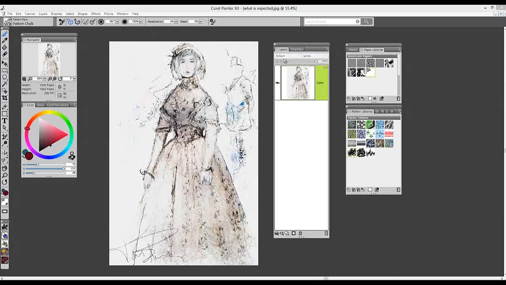For this demonstration, I want to show you some of the really creative ways you can work with paper texture in Corel Painter. And the methods that I'm going to be showing you are only the tip of the iceberg because there's so much more that you can do, including working with patterns and applying patterns and overlays. But let's just take a look at some of the simple ways that you can apply really interesting paper textures